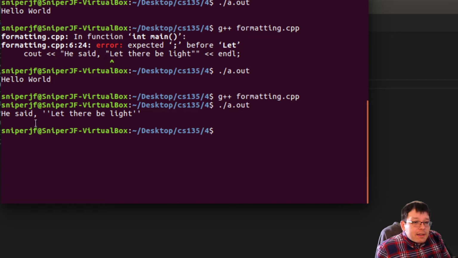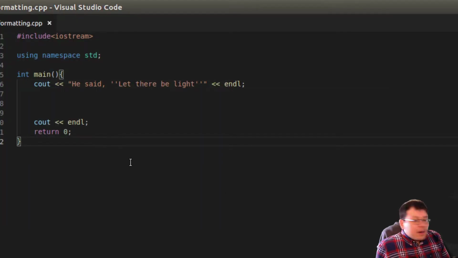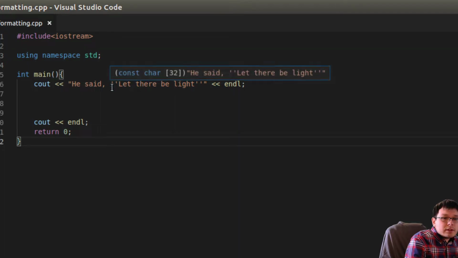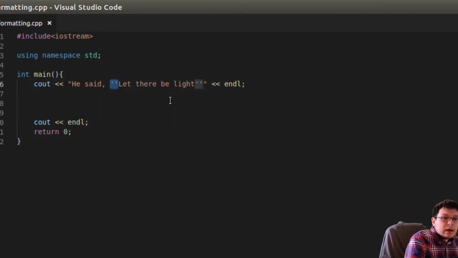Like that. But those don't really look like double quotes. They just look like two single quotes. It looks kind of dumb. So how can I actually print out the double quotes? Well, what you need to do for that is use an escape sequence character. By using an escape sequence character, you can print out common